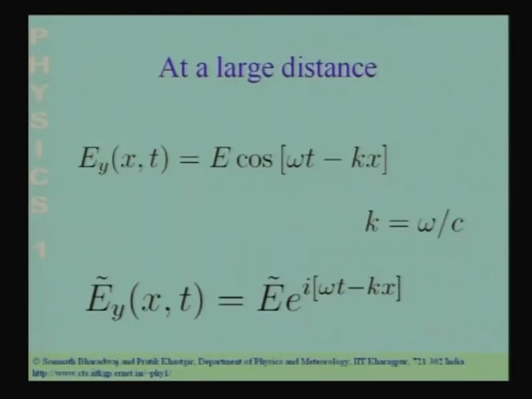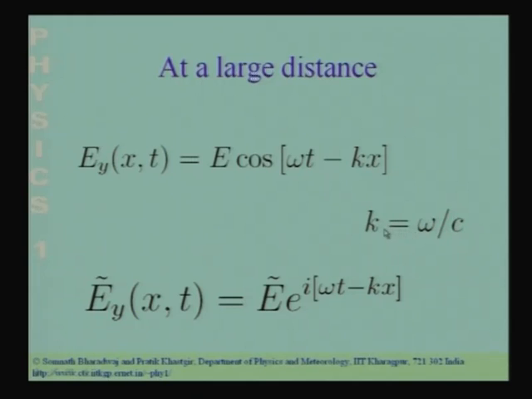So, coming back to our expression for the electric field, you can write it in this form, omega t minus k x, where we have identified the wave number k with omega by c. This is a sinusoidal plane wave which propagates along the plus x direction. Now, let us ask the question, what is the wave number? The wave number here is omega by c.